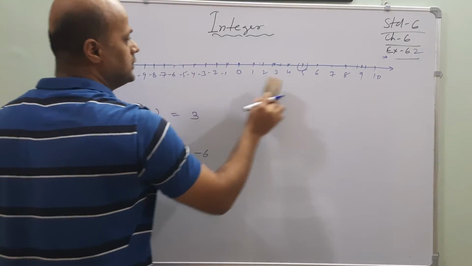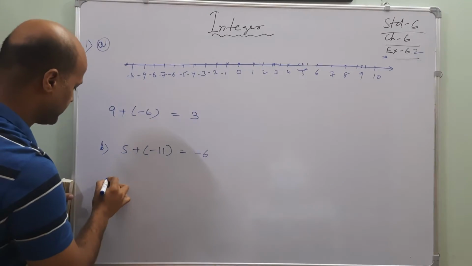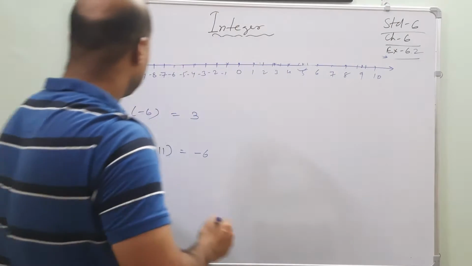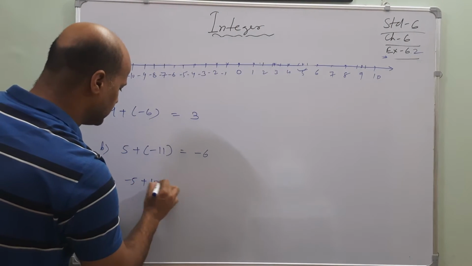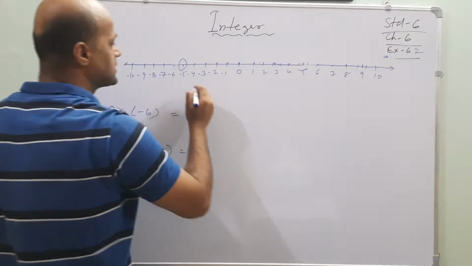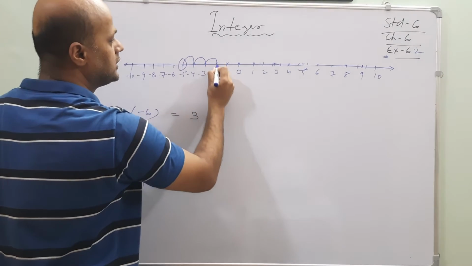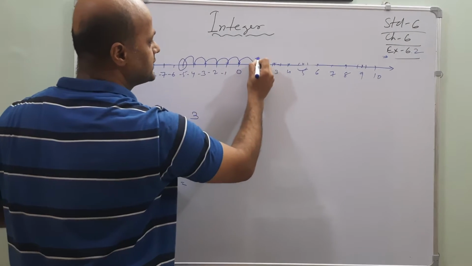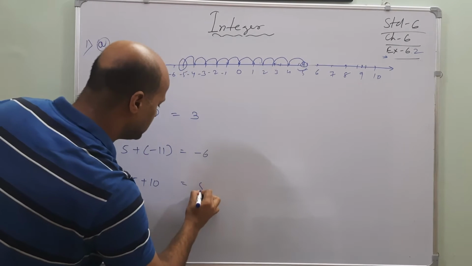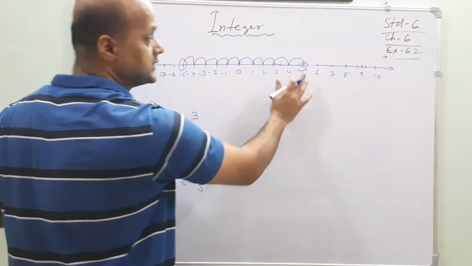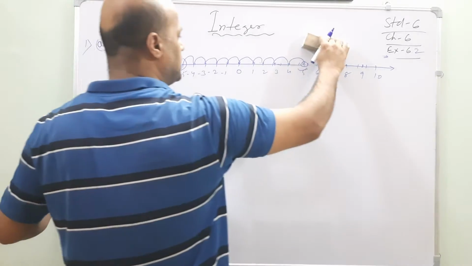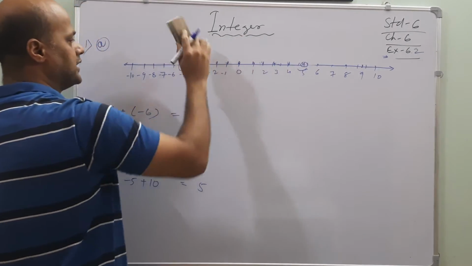Okay. Now come to the third one. By using number line, my dear friends. Okay. It's saying that minus 5 plus 10. What is that? Minus 5 plus 10. First locate minus 5. Here it is. Plus 10 means it's going towards the right. See, 1, 2, 3, 4, 5, 6, 7, 8, 9, 10. Where is the number? It is saying 5. Which 5? Plus 5. So write it as it is. Understood? Like this manner you have to solve the question by using the number line. Let's go for the next one, my dear friends.